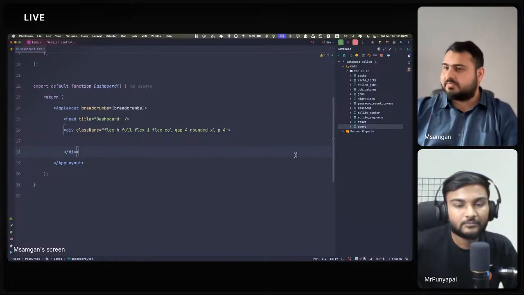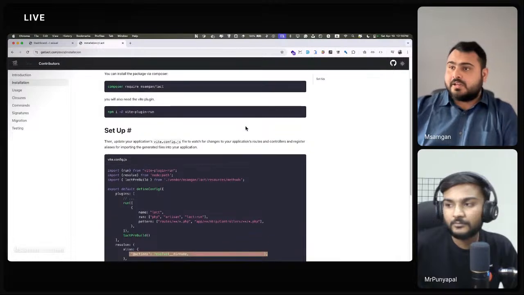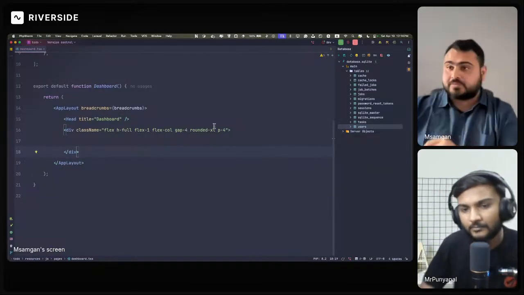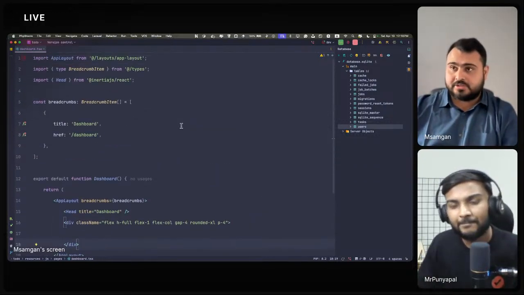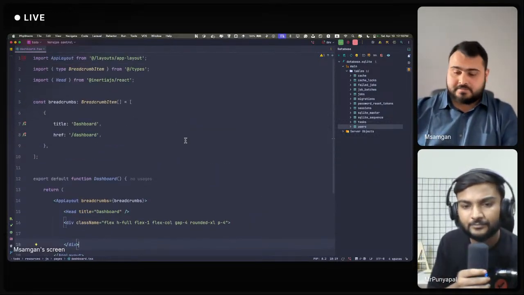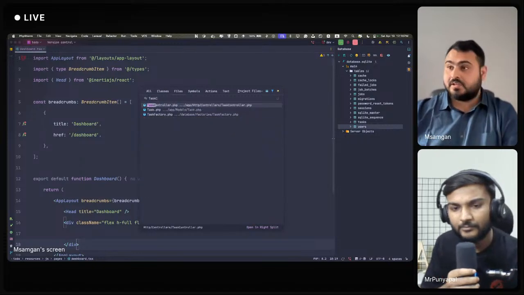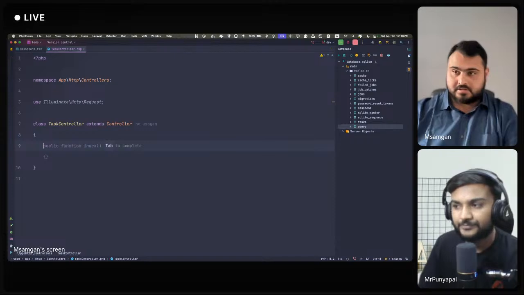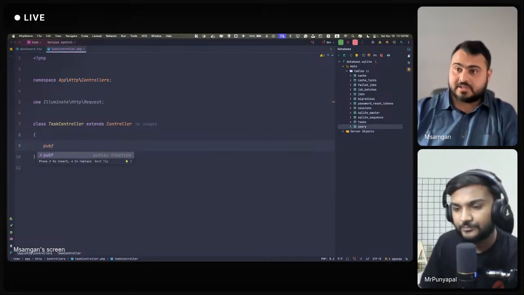Not required, but so this is the configuration. The configuration part is done here. Okay. Now our first job is to get data from the controller. So let's create a function here called public function